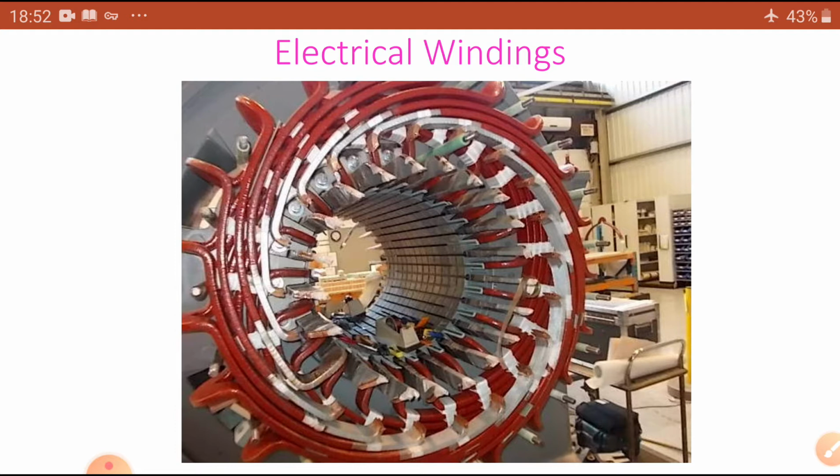Mainly in AC winding, where there is more than one winding in a machine, as in the case of split phase motors, capacitor motors, single phase as well as 3-phase motors, the slot pitch angle is very important. First of all, you find what the slot pitch angle is. It is the angle in electrical degrees between any two adjacent slots. So, this plays a vital role while laying out the winding diagram.